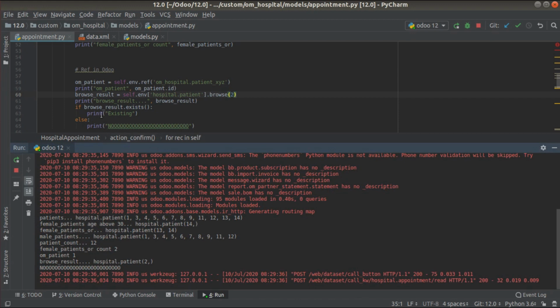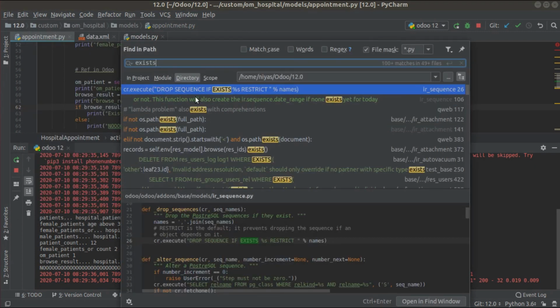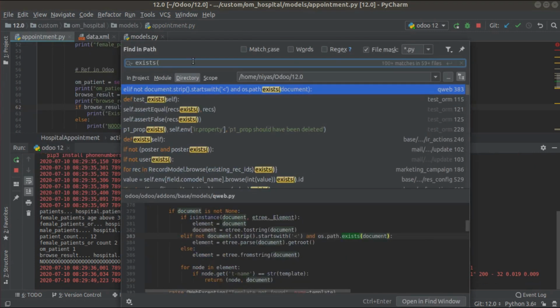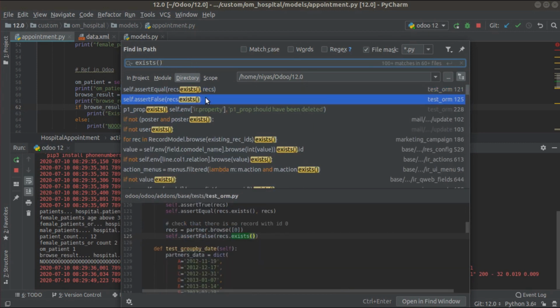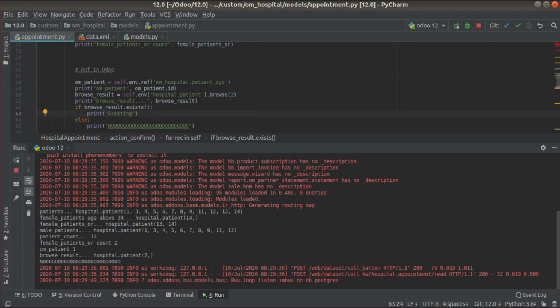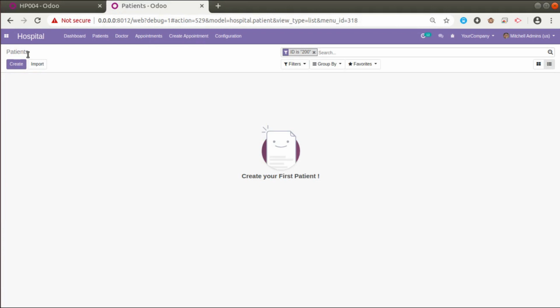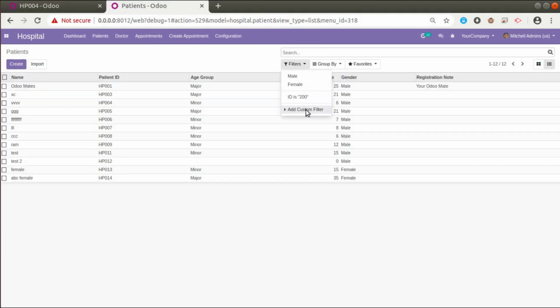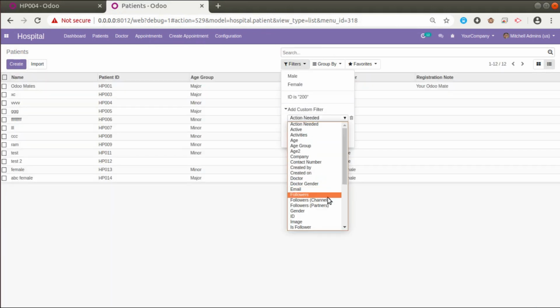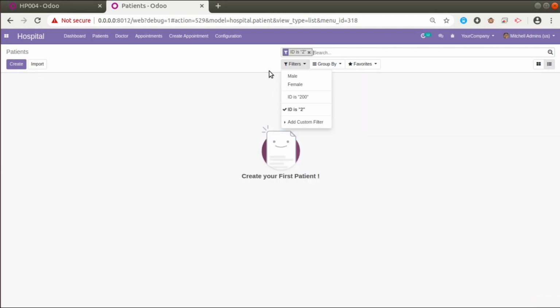What happens? Let me check whether anything has gone wrong. Sure, let me check whether there is a record with ID 2 in the database. If I go to the patients and search for the record with ID 2, maybe I have created and deleted it. Let me check here. If I print 2, you can see there is no record with ID 2. That's why we got no again.